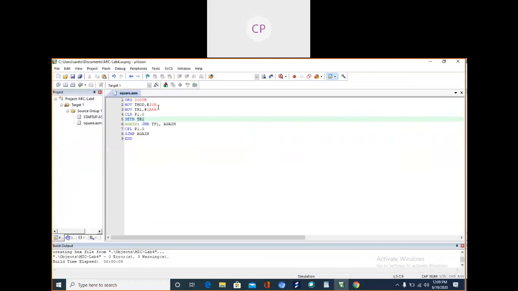So can we try in C also? The meaning of TMOD 20 is that, if you see the format for the TMOD register, which I will tell you.